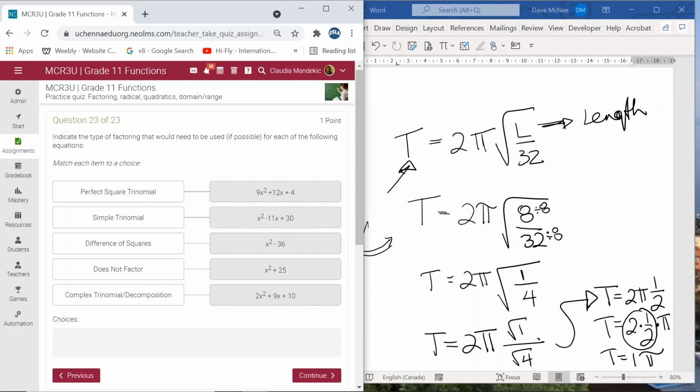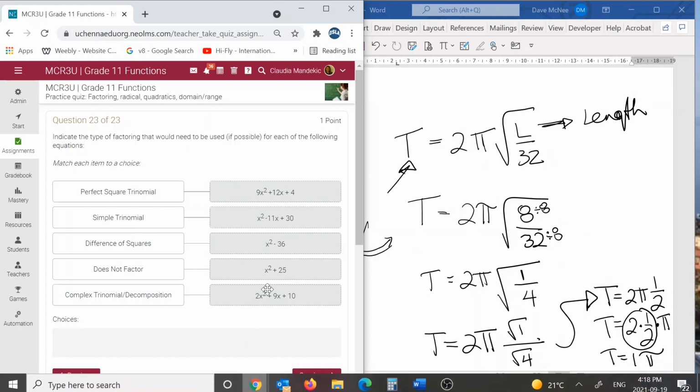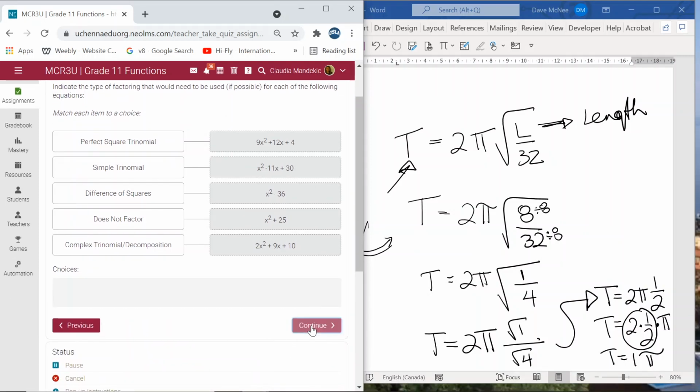Complex trinomial decomposition is used when the leading number is other than 1. So here the leading number is 2, which makes it a complicated trinomial, which means it's a complex trinomial, and we have to use the process of decomposition to factor it. Perfect square trinomial, well, the leading number and the last number is a perfect square, and we can take a square root of them. Simple trinomial is a case when the leading number in front of the x squared is 1, and that's the case here. And that's really it. So that's what we really were looking to get. And if I press continue,